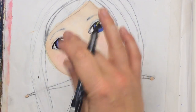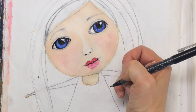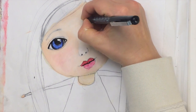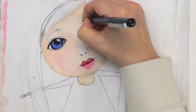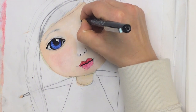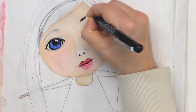I just want to make some thinner lines around the eyes and then redo those eyebrows. To do eyebrows, you're going to do each individual line. That's going to make it look a little bit more realistic. Not that she's realistic looking, but...